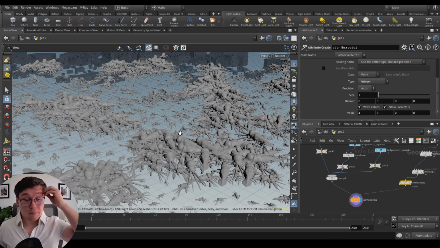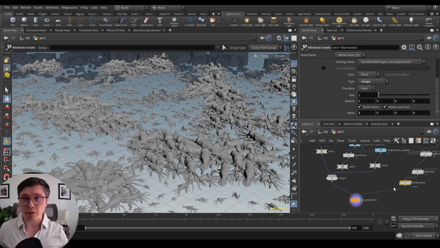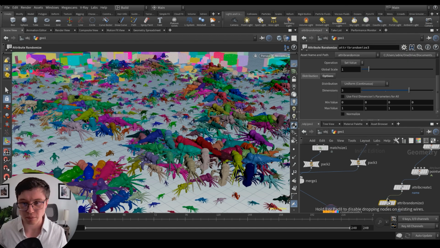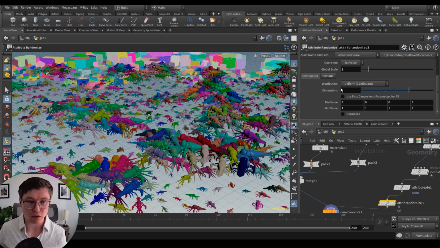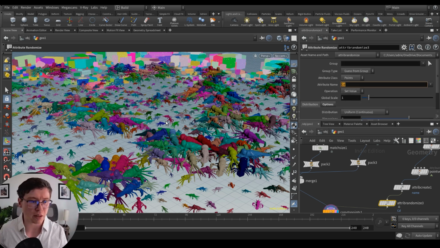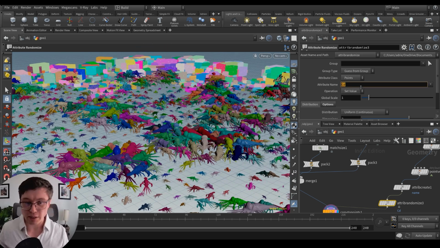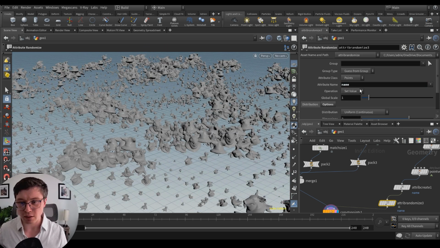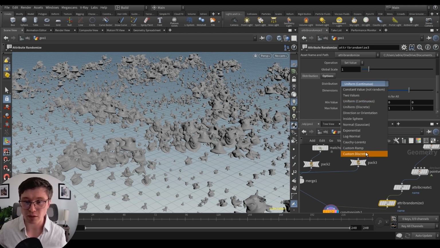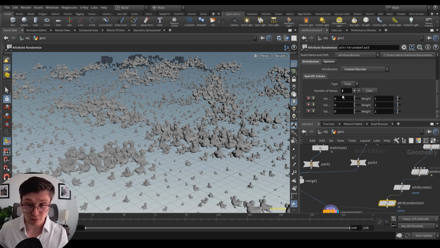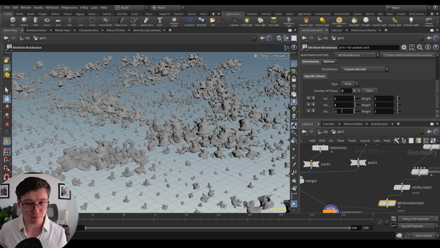So now how do we randomize this number? Well, we could basically use an attribute randomize instead of an attribute create. That was just to show you how this thing is basically working. Obviously, you also notice the Cd attribute is also contributing to randomizing, like in that case, various colors to these guys. But what I want is the name attribute, and we'll set that to a custom discrete. The advantage of that, it offers a system of weight where you can say I want the ID 0 to have a certain weight, ID 2 to have a certain weight.